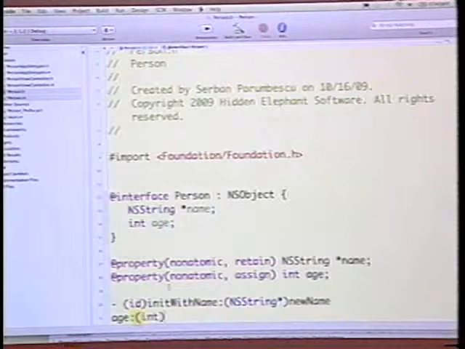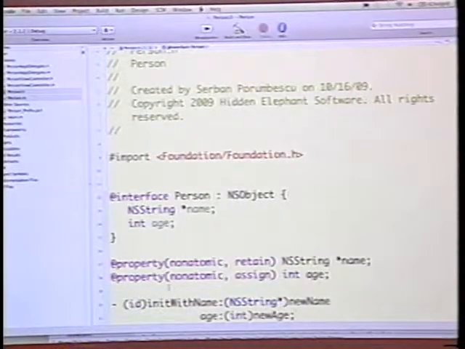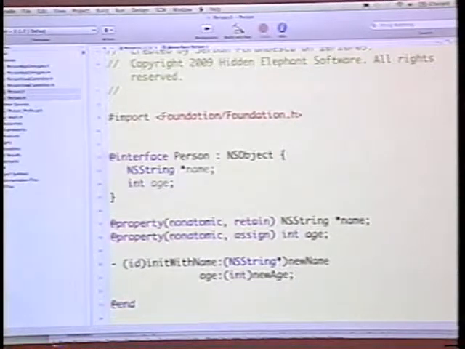And that's going to be an int, newAge. So we'll have that initializer, and let's also do a little something different where we'll set up a class